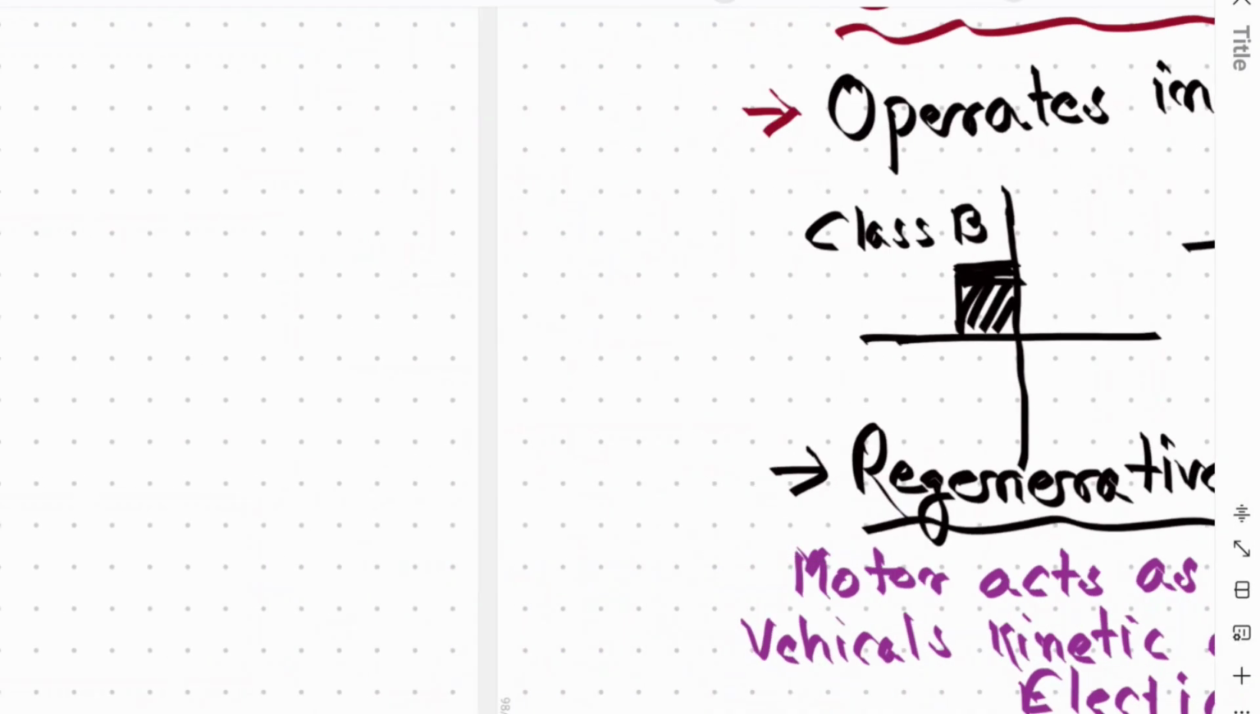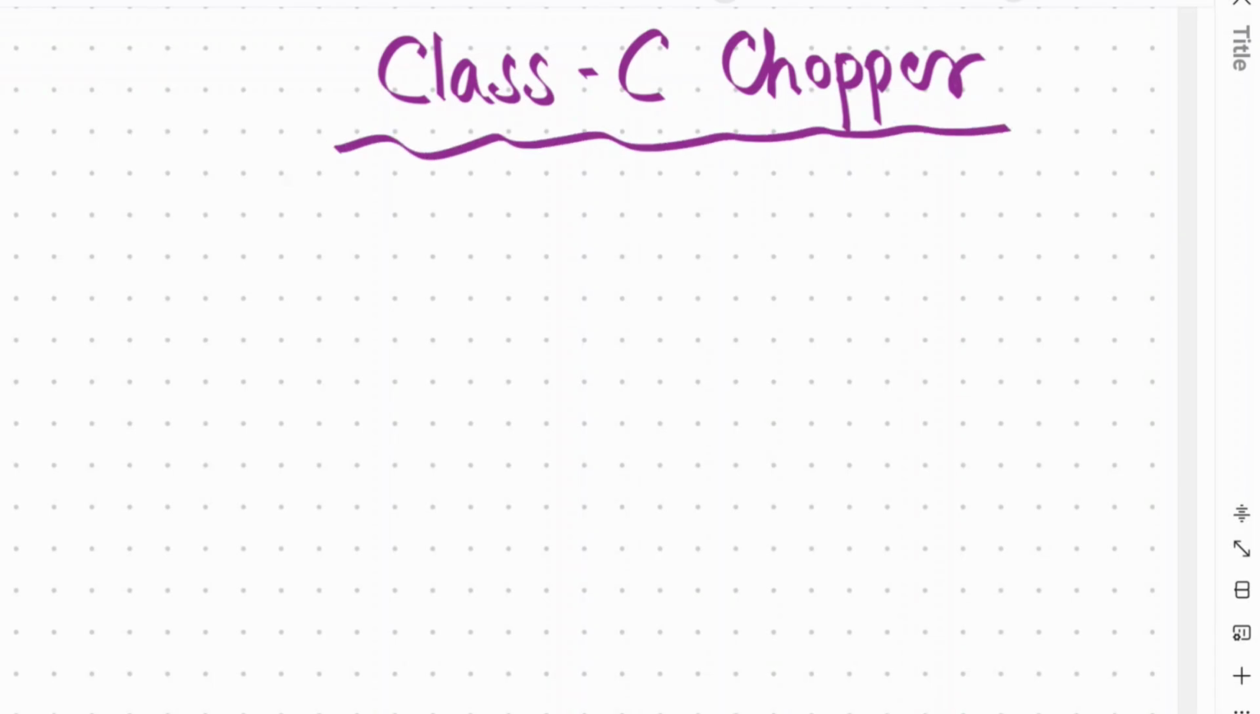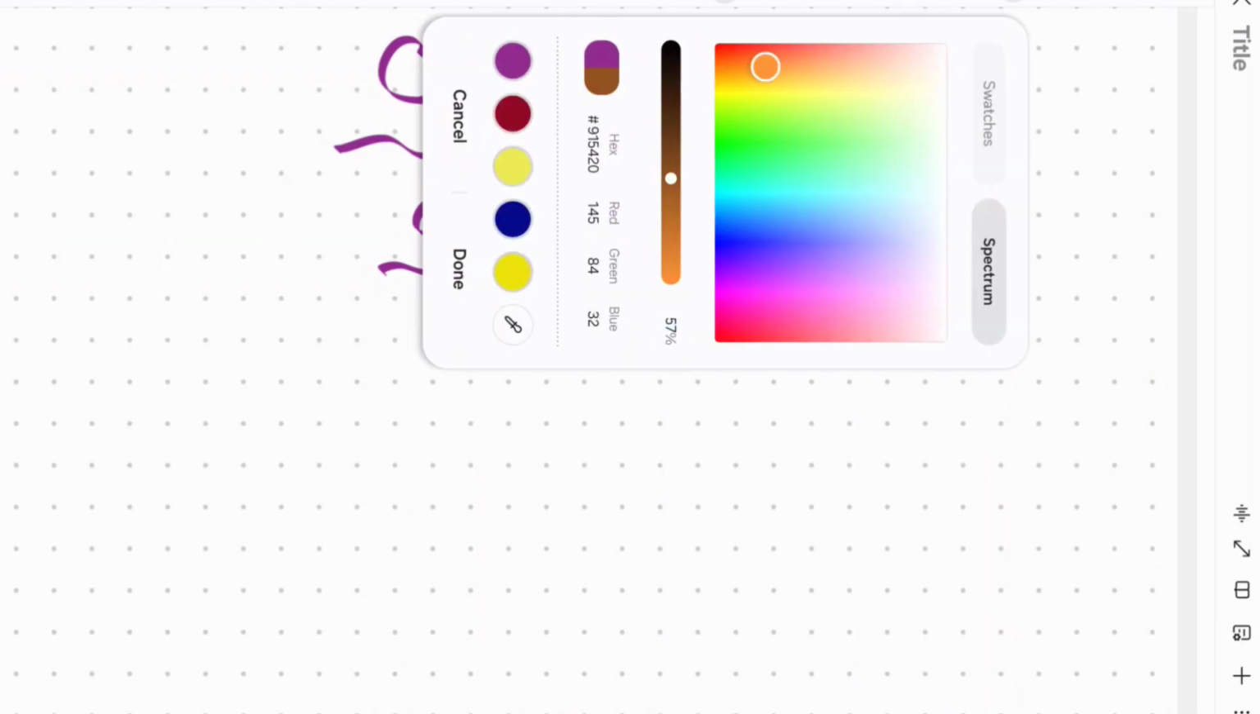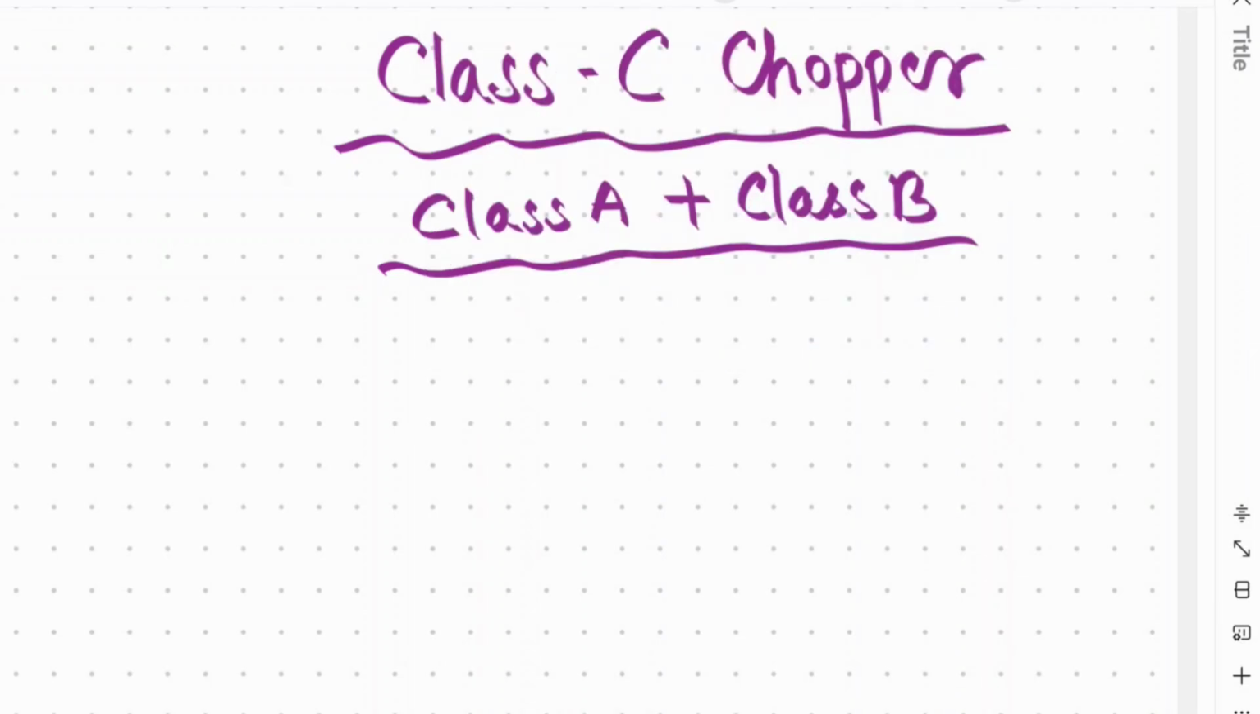Okay, let's move to the class C chopper. Class C chopper combines class A and class B. This is the combination of class A plus class B. So it can work in forward motoring mode